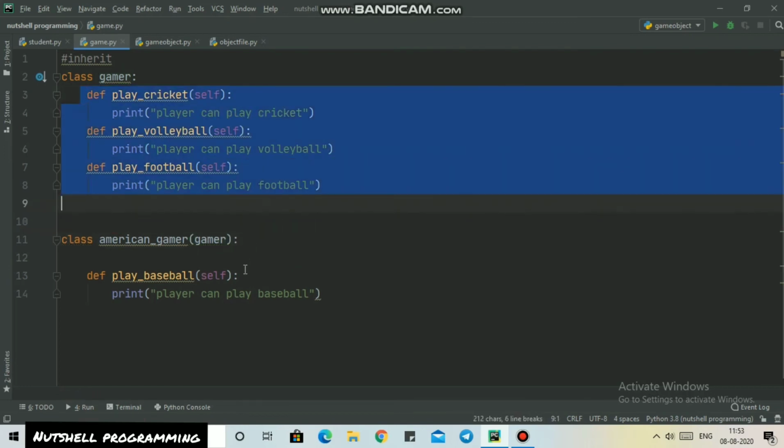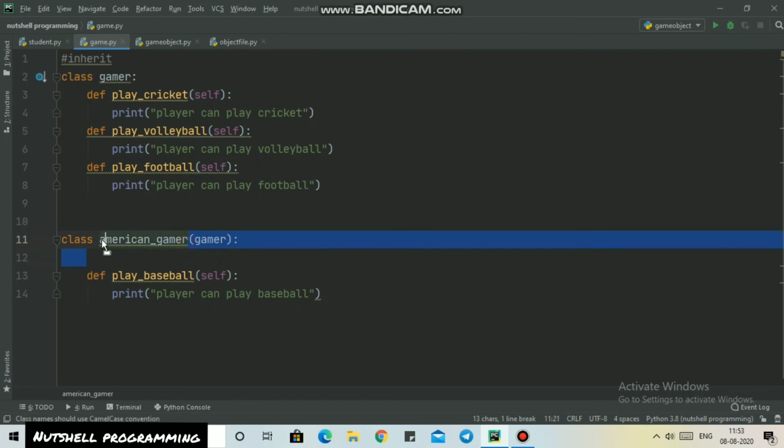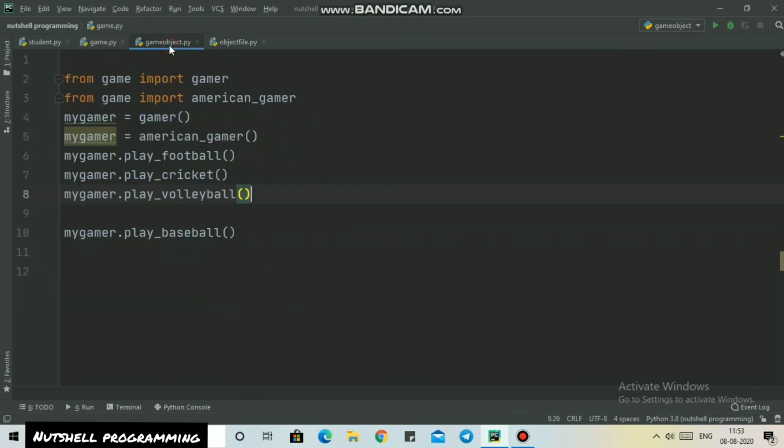So now everything which is inside the gamer class can also be accessed by the American gamer class, because we have just inherited. So to inherit, you have to just put the name of the class in the American gamer class parentheses.